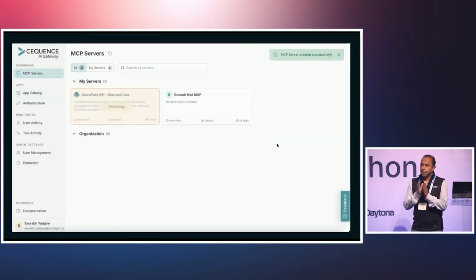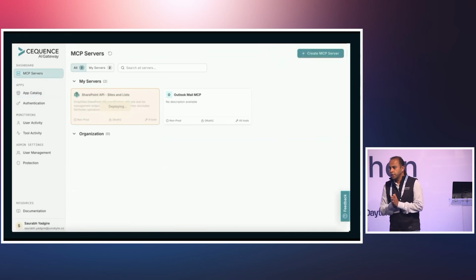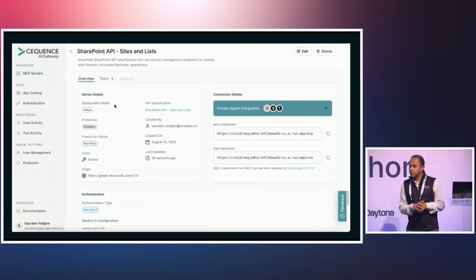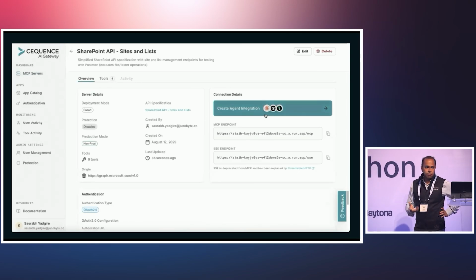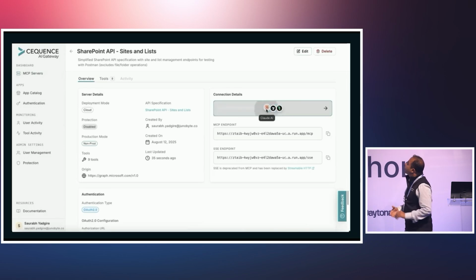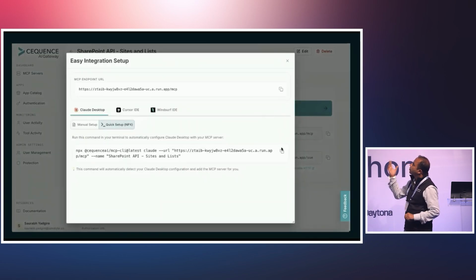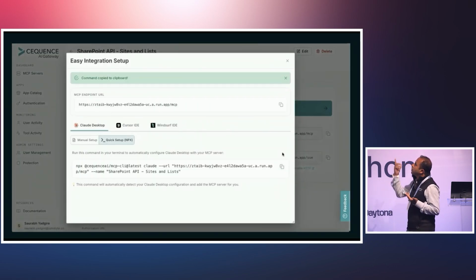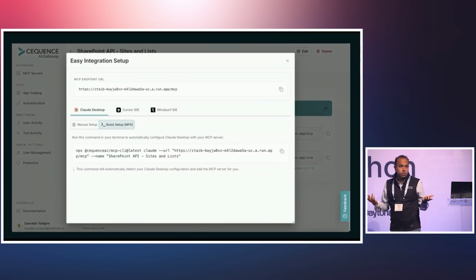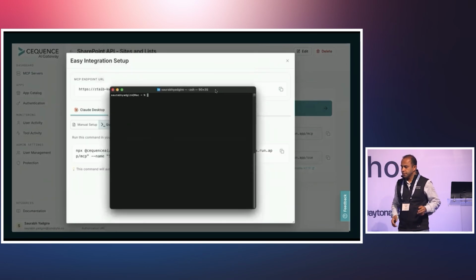Right? Now, if you have internal apps, you go through the same process, where the rest of the base platform actually kicks in, and then we pull down all your internal apps, for which there might not be any public MCP servers available, and you can deploy an MCP server based on that, right? Now, this is an endpoint that you can now start using. I mean, you can deploy it in Claude Code. This is an MCP server endpoint that you can use in pretty much any agent out there, right?